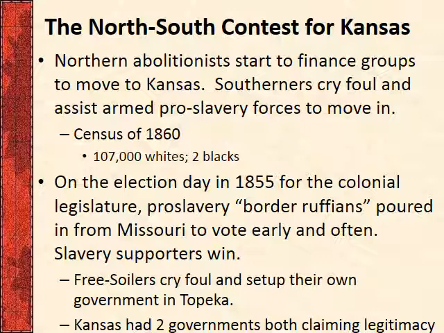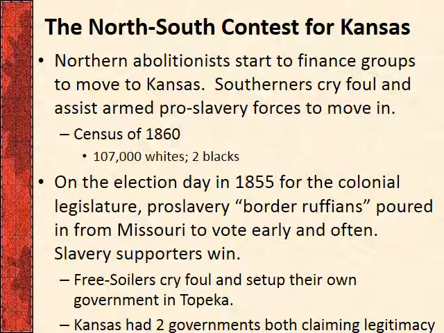And the pro-slavery forces then set up their territorial legislature. And the Free Soilers, of course, cry foul, and they set up their own government in Topeka. So you actually have two governments in Kansas in the aftermath of 1855, both claiming to be the